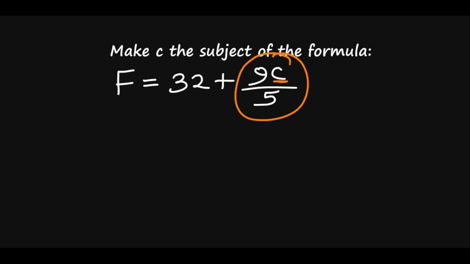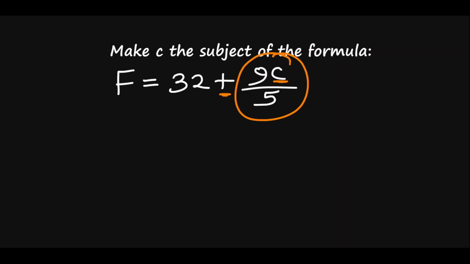So what is the first thing we will do? We have to move this C, or whatever it is entangled with, to the left hand side, and then move every other thing to the right hand side. Then we can find a way to cut off all the other things that are strongly attached to C. Now, because I know if I move this 9C over 5 to this side, the plus becomes minus, and I don't want minus. I don't want anything that has to do with C to have minus.